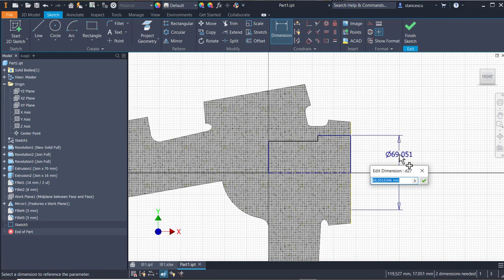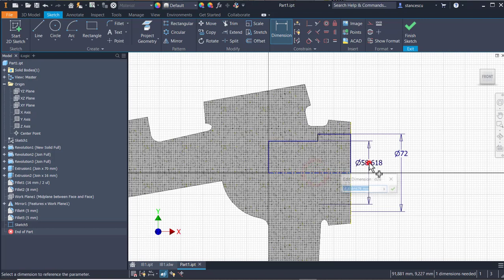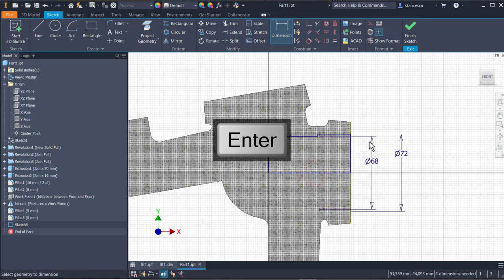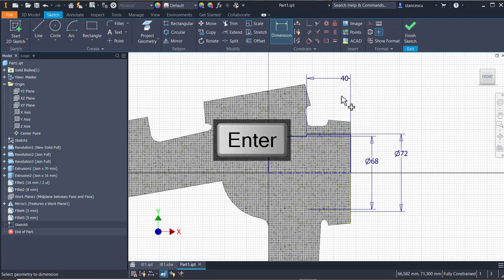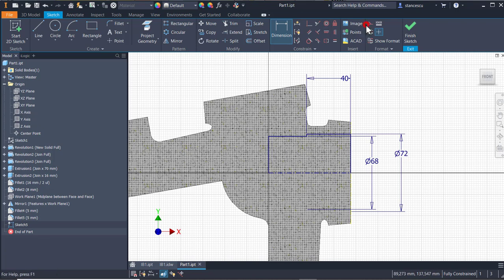72, 68 and 40. Now we apply the same scheme. A line from the center point to somewhere, and then the angle of 100 divided by 2,